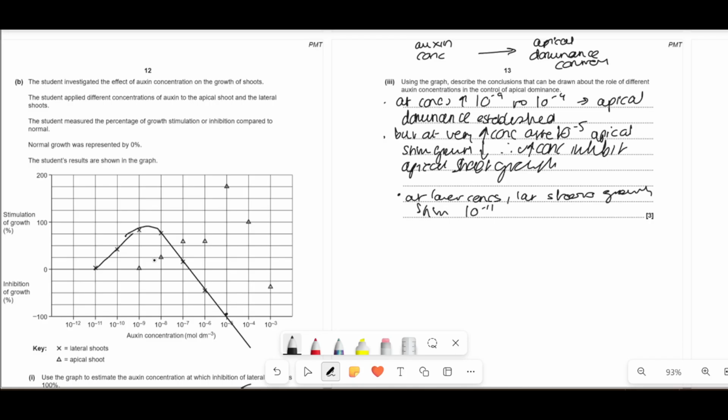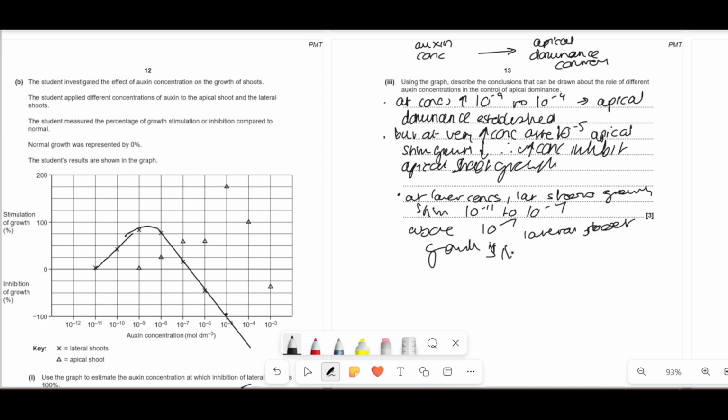So it's from 10 to the minus 11 to what, like, it's still positive and then it starts to drop down to the negatives. It's still stimulated, remember, if it's positive. So that's what, 10 to the minus 7. And then, well, we need to explain what we can conclude from here onwards. So it must be that above, like, 10 to the minus 7,